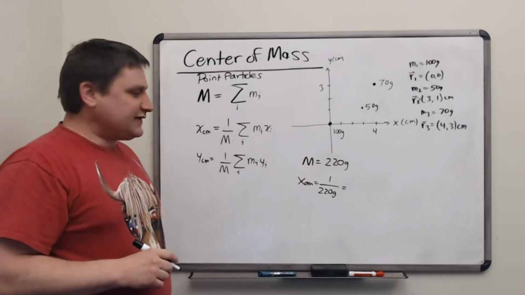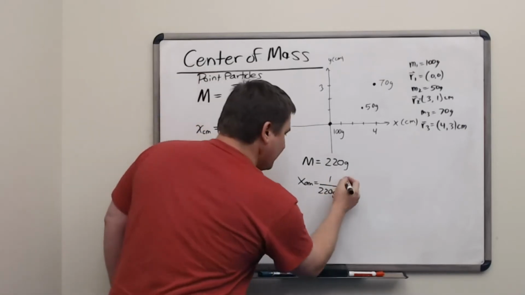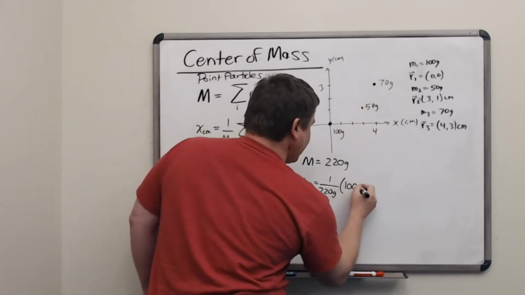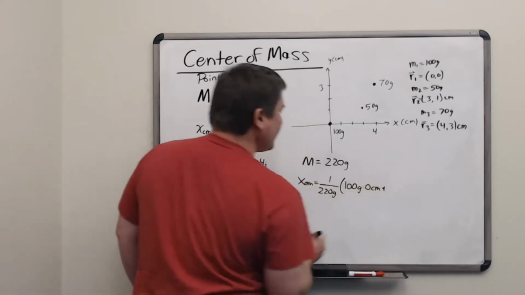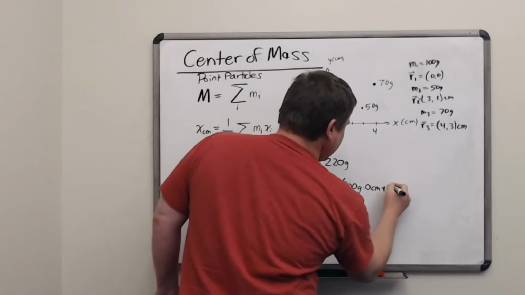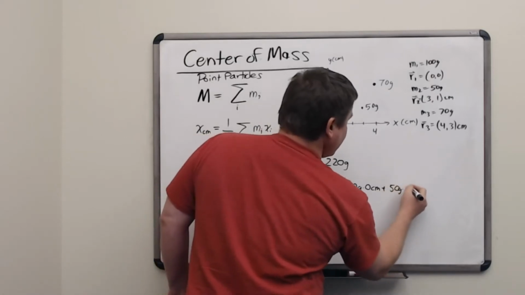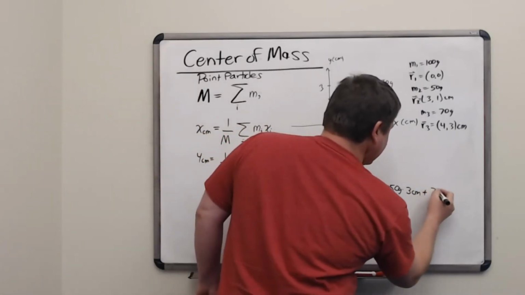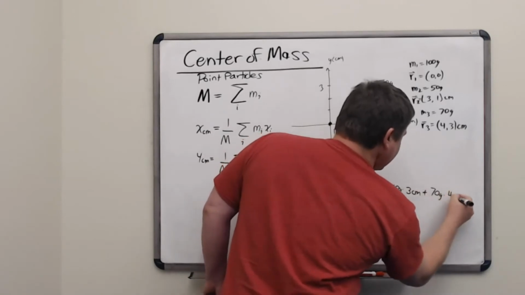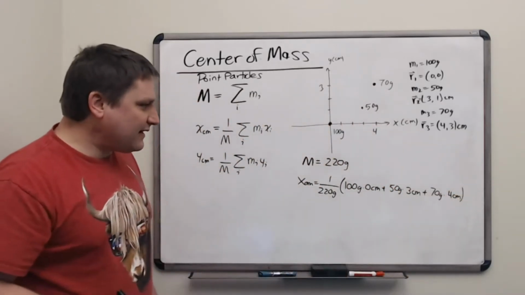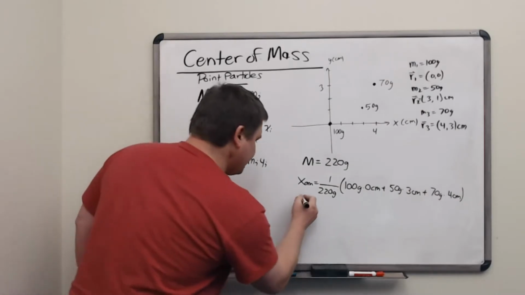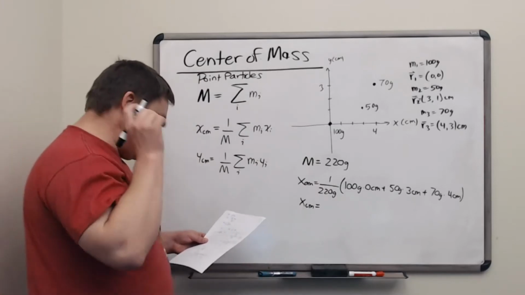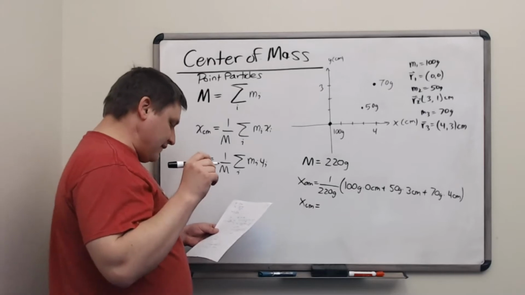For the x-coordinate of the center of mass, we will take the sum of m1 and the x-coordinate of r1. So 100 grams times 0 centimeters. Same term for m2, 50 grams times 3 centimeters. And the same term for m3, 70 grams times 4 centimeters. That sum is then divided by 220 grams, which is the total mass. And the result is 1.954